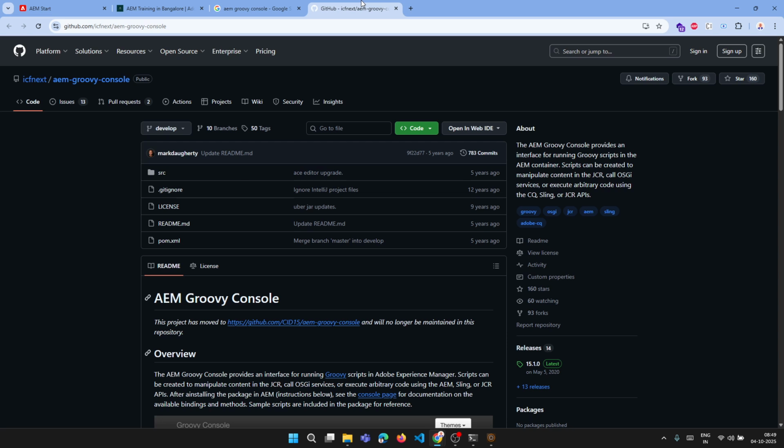So it is strongly recommended we should not install the AEM Groovy Console package in the prod server, which will give the write access. And anybody who has access to the prod server can go and write some script which could make a lot of changes